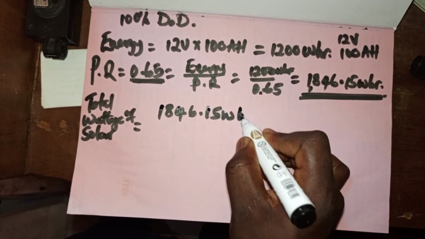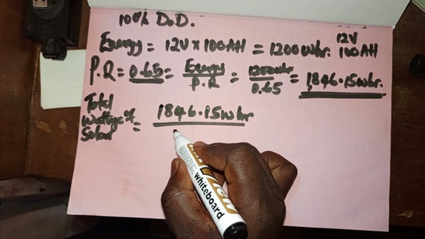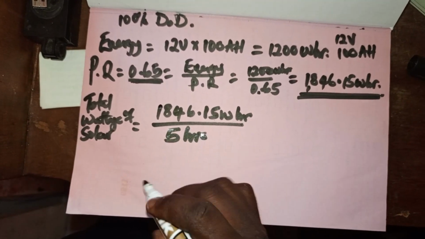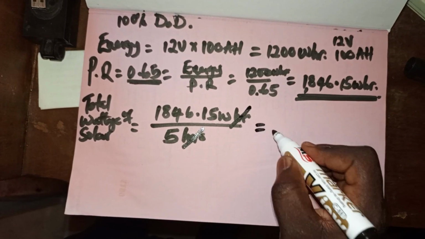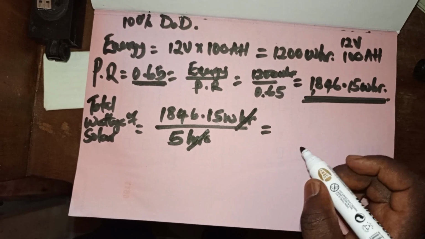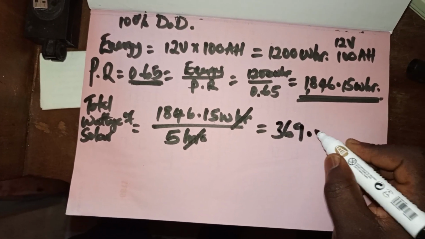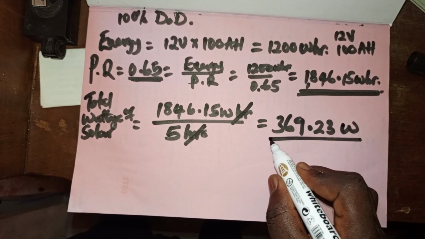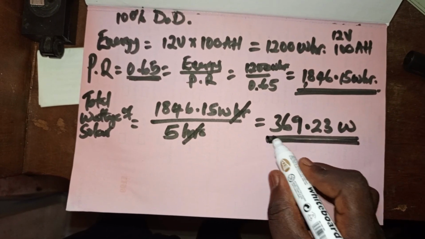We are going to say 1846.15 watt hours divided by 5 hours. That is when you get, assuming you get, enough sunshine for 5 hours. So we shall cancel the hours. We shall remain with this, divided by 5, which will give us a value of 309.23 watts. So you need a total watts from the solar panel